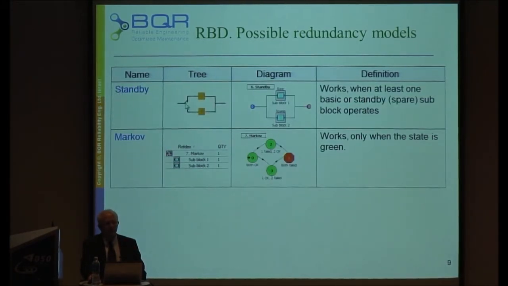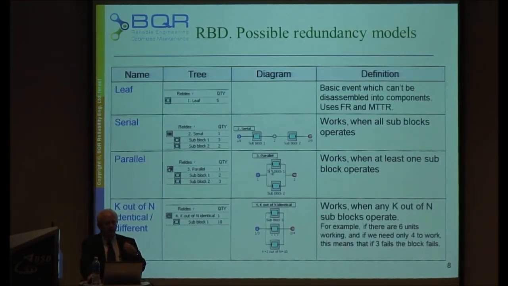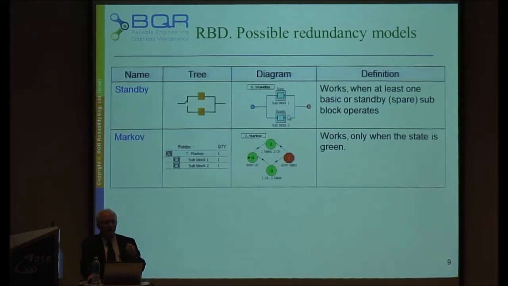We have a standby model. This means that one assembly is running, the other assembly is not working. In all the previous models, the redundant one, the other one, is working, so all of them are working. In this case, the redundant or the backup is not working, is not powered on. Only when there is a failure, there is a switch that you transfer to it, and then you can use